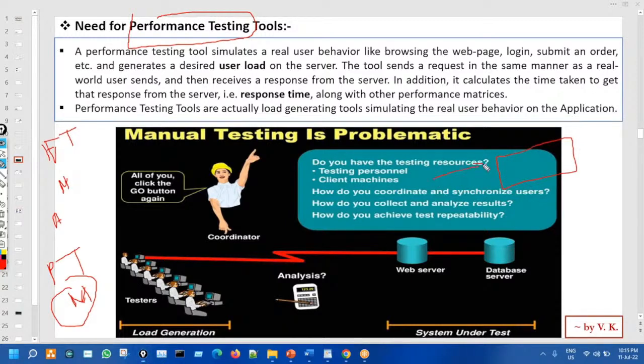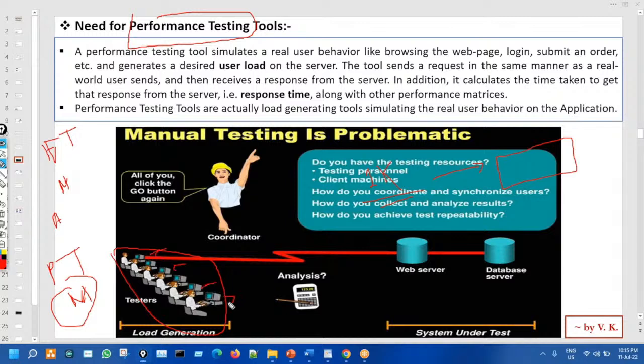So you want to test it for, let us say, 1000 users. For now, understand that if 1000 users are accessing, what is the response time, how is the behavior? So that is a little bit realistic. You can bring 1000 people for some time, you can hire 1000 people, you can give 1000 laptops to